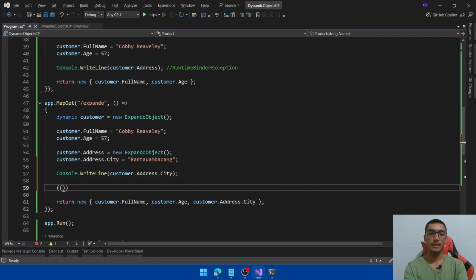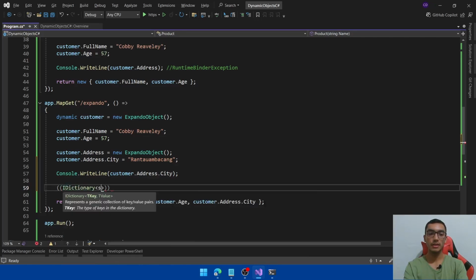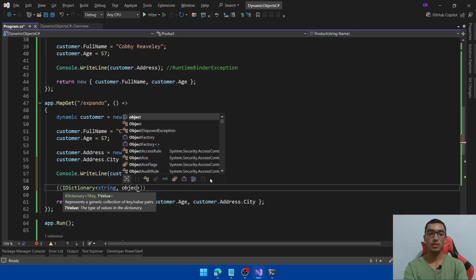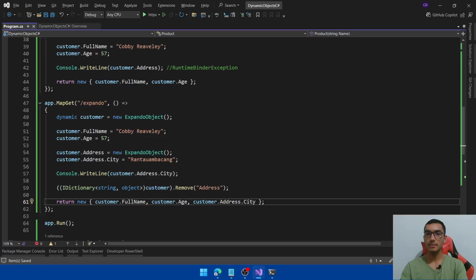So for that, we need to access the IDictionary interface of type string, object from the customer dynamic type, and we'll call the Remove method and we'll pass the member name as an argument, which in this case will be the address. And the endpoint response will throw a RuntimeBinderException because the address property is removed from